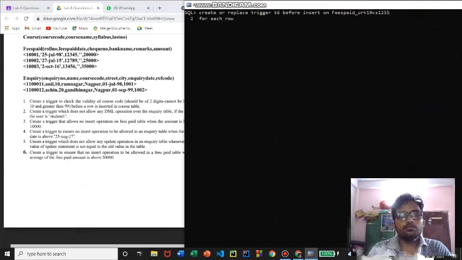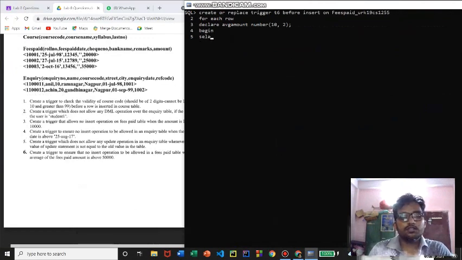for each row. Now we'll declare a variable, average amount. This is a variable name, then the data type. Now we have to insert some value into the average amount.